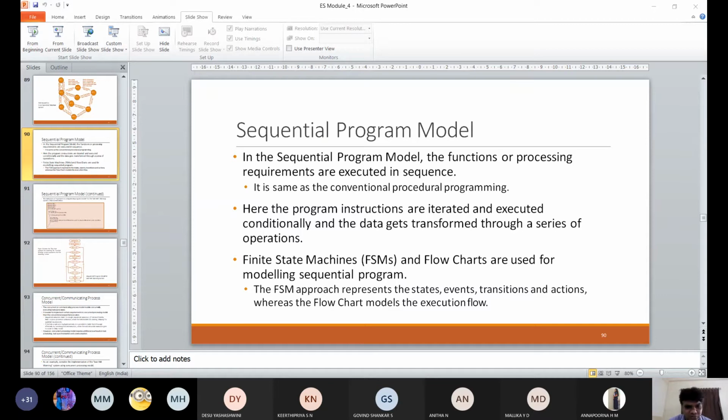To do this, he has made use of this flowchart. The state diagram is different and the flowchart is different. The state diagram is with respect to events and actions, and the flow diagram is with respect to the sequential execution of the program. So you can observe that the ignition key is on. So he is waiting for some amount of seconds. He is going to check if ignition is on. If it is off, then what happens? If ignition is off, then there is no need of setting any alarm